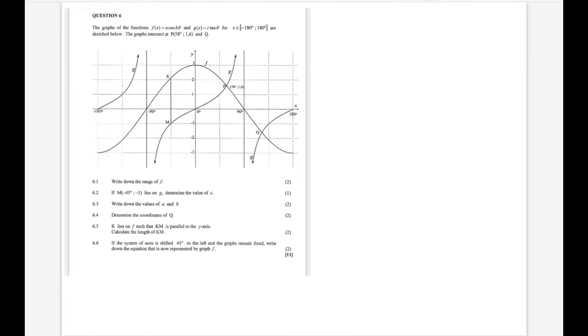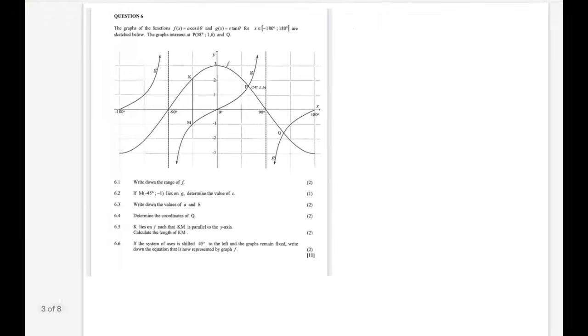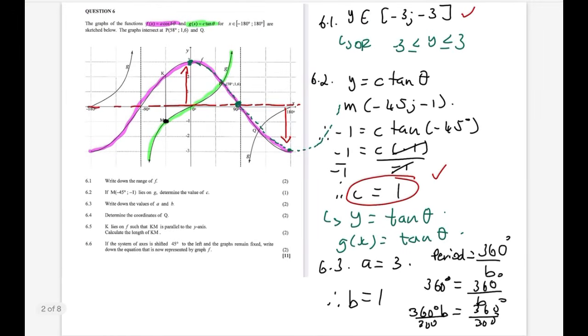Great. Awesome. Now, grade 11's matriculants, let's talk about 6.4. And maybe before we do, because we found a and b here as 3 and 1, then f of x is actually 3 cos of theta. Now, this is not necessary for the question. The question only asks you to write down the values of a and b, which we did there, 3 and 1. But just for your note, 6.4 now says